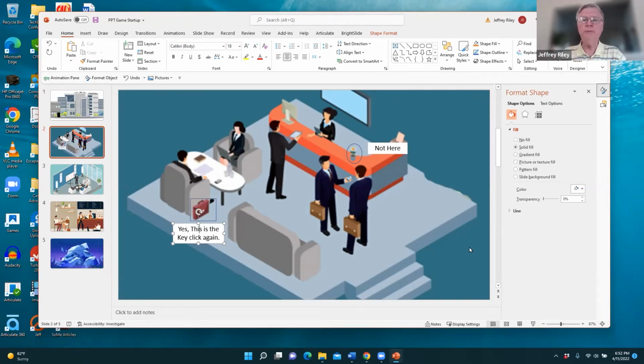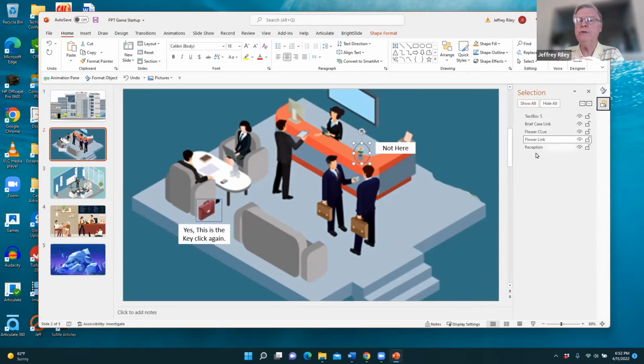Let's go back to our groups and first of all, make sure that you're in the selection pane and that you label everything that's in here. Like, okay, so text box 5. See, that doesn't tell me anything. I need to call this the briefcase clue. So you want to make sure that you label all your objects in the selection pane. So let's